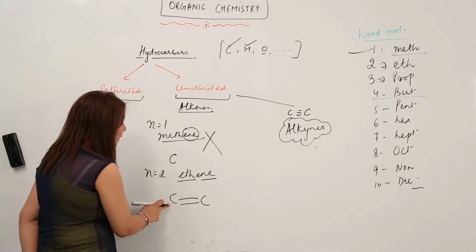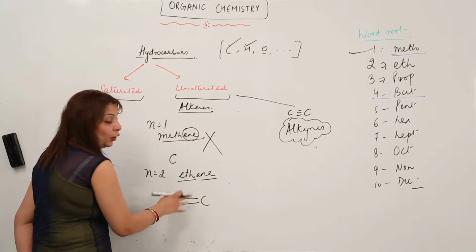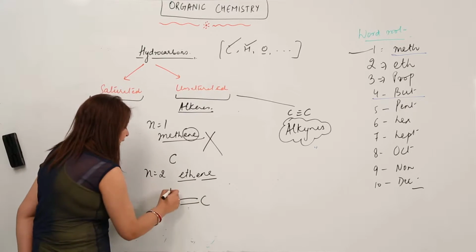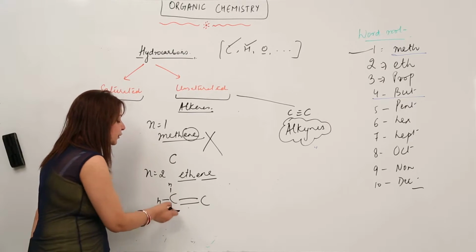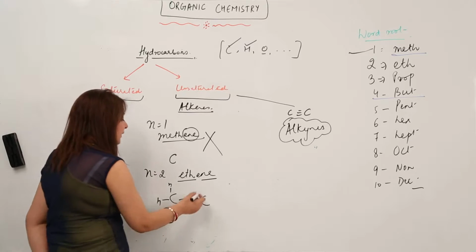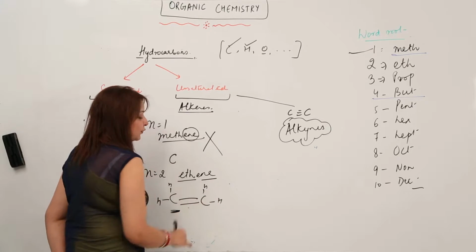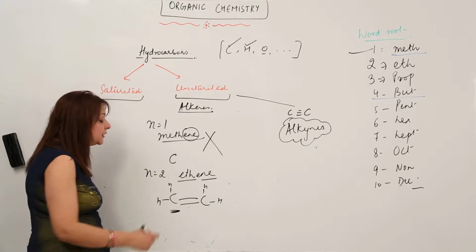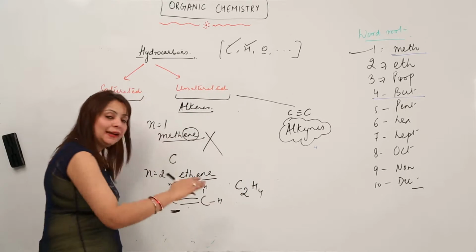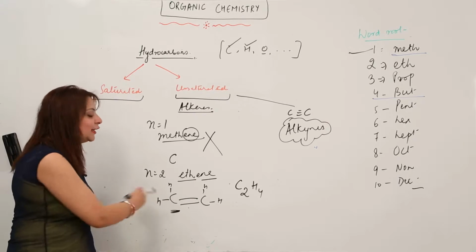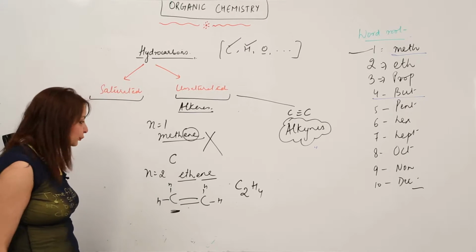So now how many valencies are unsatisfied? 2 are already done, we are left with 2. So I am just putting 2 hydrogens to satisfy the tetravalency of this carbon, right? Similarly in this case we'll be putting 2 hydrogens. So this is the open formula for it. Now when we'll be condensing, I'll just be counting the C's and H's along with it, right? So I think it's simple, you can make the ethene now.